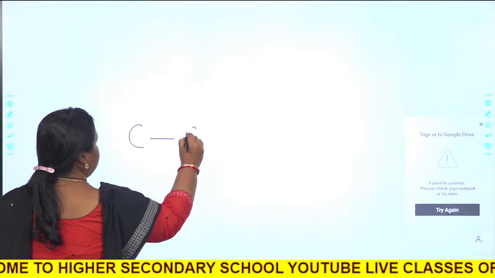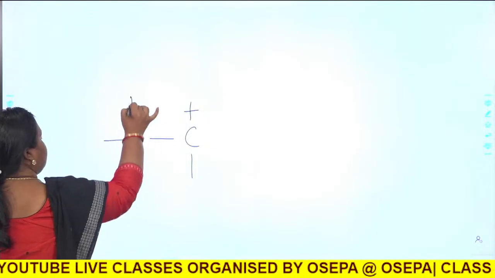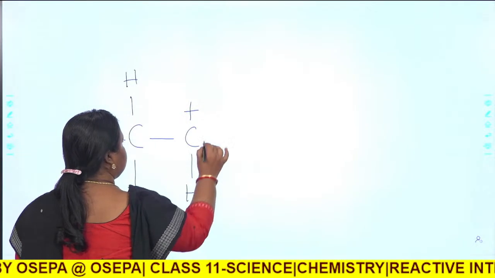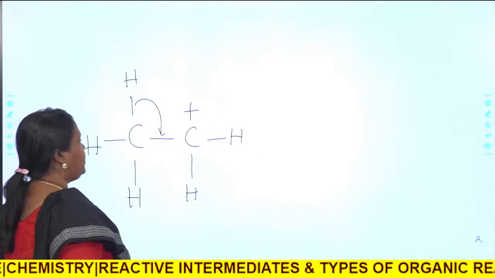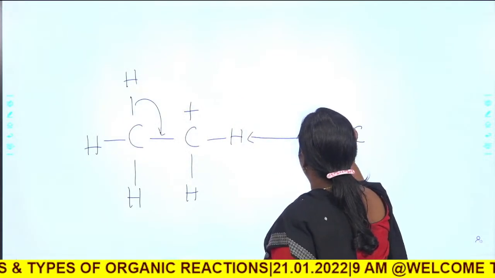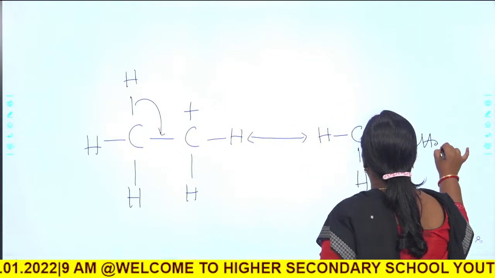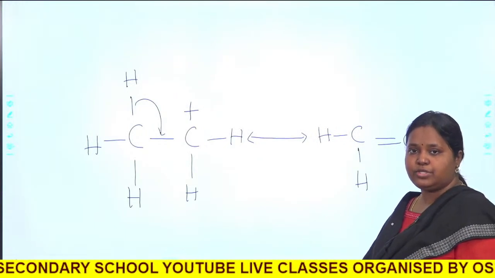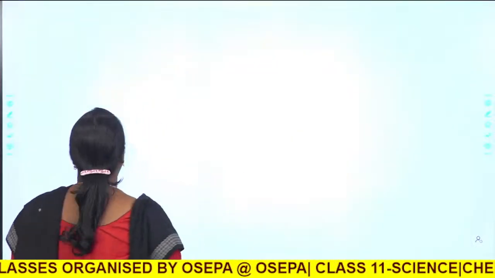Like this, C, H, H, H, so here you will have C, H, H. If you increase the number of alpha hydrogens, the number of hyperconjugating structures will also increase. For example,